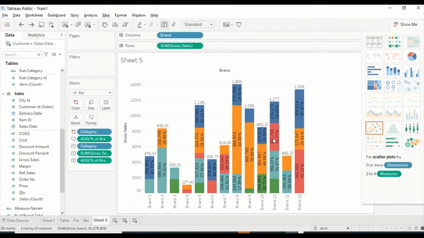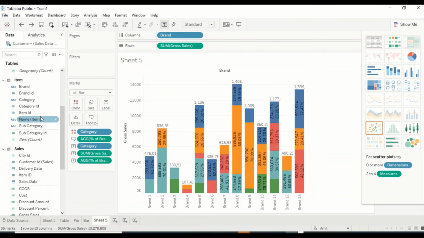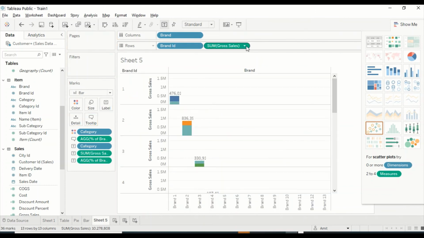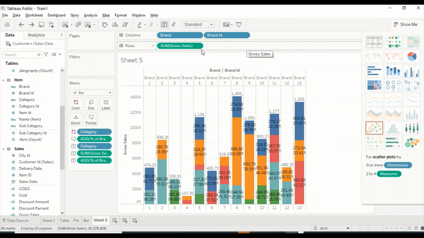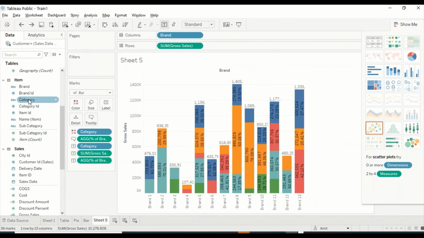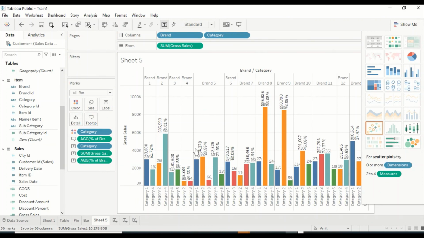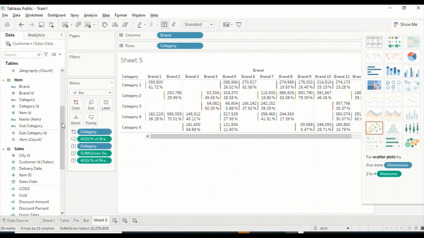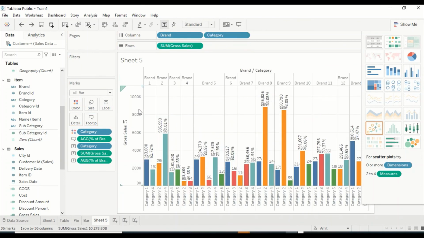We revert it. Okay, now let's see what is the impact if I drag certain things. If I drag category out here, see what is the impact of that. Let me remove that actually. So I dragged brand ID, let me drag categories. If I drag categories, you know what it has become. It's become a clustered column. Now it has become this kind of visual, and Control Z, Control Z, Control Z.